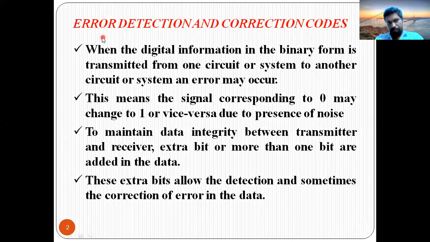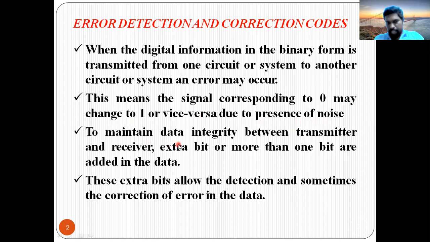So if you see here, when we have digital information which is to be transferred from a transmitter to a receiver, or else you can say from one circuit to another, in that scenario generally we may come across the concept of error. So how can an error occur? Either the error can occur in the form of data loss, or in the form of mismatching of bits. Mismatching of bits means the zero may be replaced by one, as well as one may be replaced by zero, due to the presence of noise. Okay, due to the presence of noise, we may come across these errors, right?